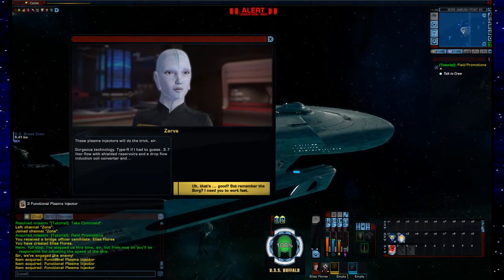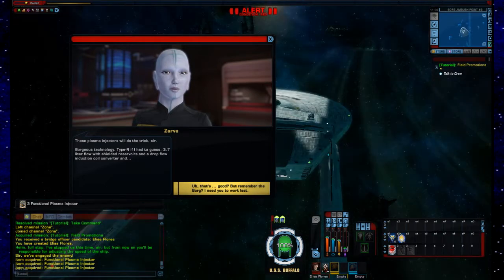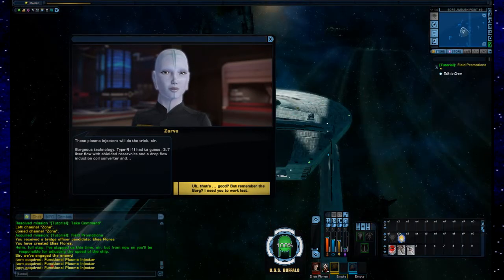Type R, if I had to guess. 3.7 liter flow with shielded reservoirs and a drop flow induction coil converter and...